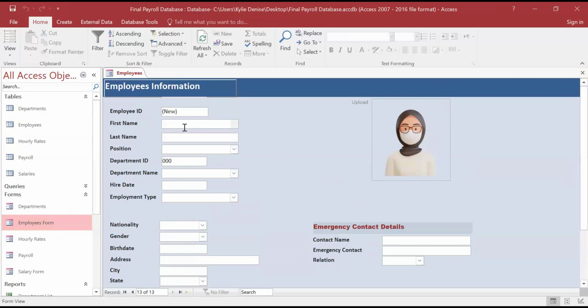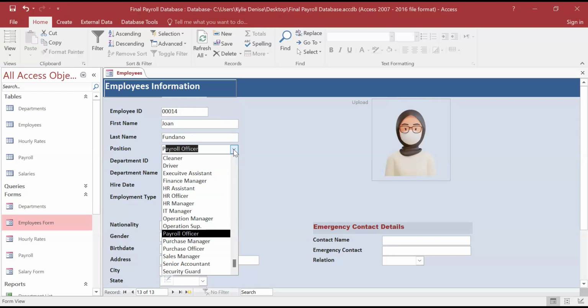Let's say Joanne Fondano. Position: payroll manager. I don't have payroll manager here. I put also a drop down list, so there will be no typo. Make it senior accountant. So we can put senior accountant.